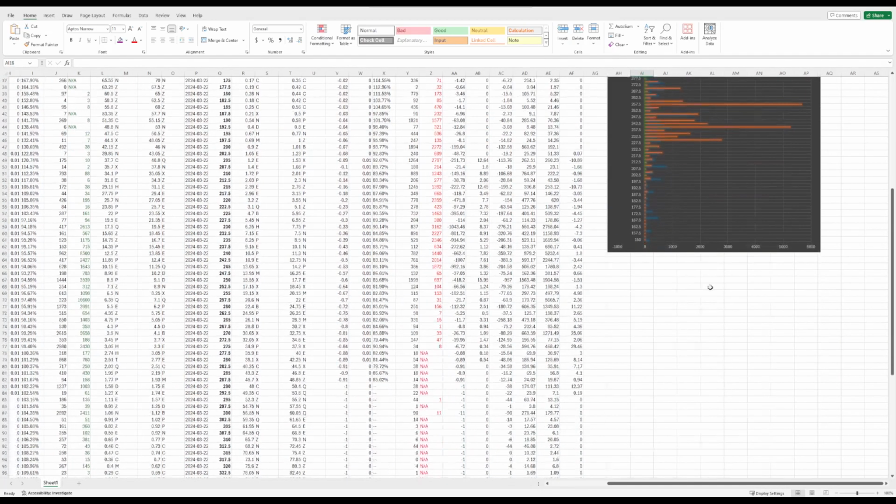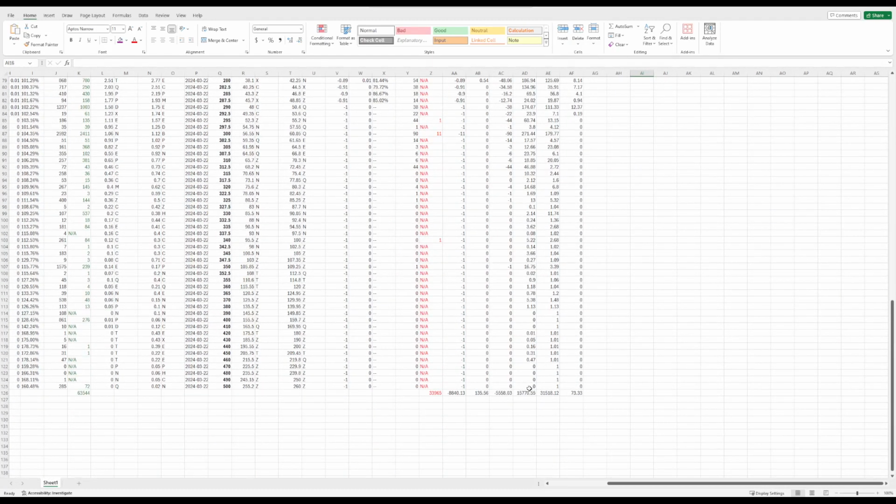Alright, and then if you want to do the same thing to get your overall delta levels, your gamma is going to be AF126, so you just put equal sign AF126. You'll see it highlight, and you can enter that into any cell and do the same thing for AE126 to get your delta levels, right? So you put equal sign AE126, and you can just type this in next to your chart and do